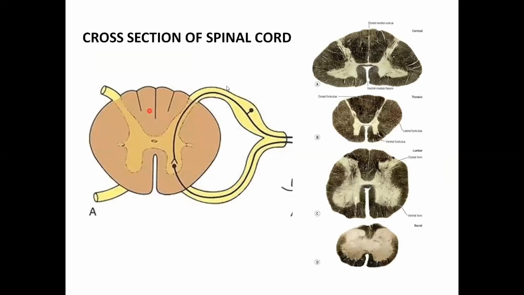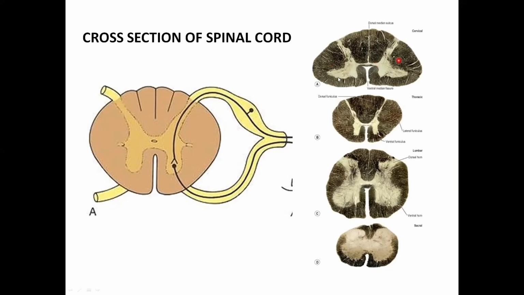In a cross section of the spinal cord, you can easily identify the central canal, the gray matter surrounding it, and the outer white matter. But the breadth of the spinal cord is much less than 1 centimeter. So the internal features of the spinal cord cannot be identified in the dissection hall. You have to stain it and view it under the microscope. Special stains are used to stain the nervous tissue. And this is how you'll get to see it in the microscope.